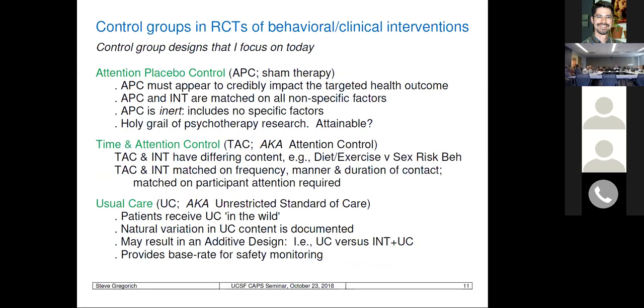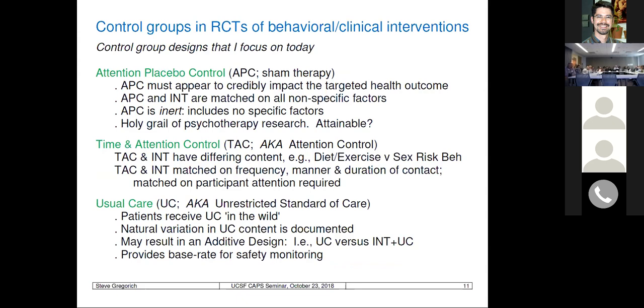It's the holy grail of psychotherapy research. I'm not sure it's attainable. It sounds almost impossible when you're talking about behavioral interventions. If you're doing a procedural kind of thing like acupuncture, you could have sham acupuncture and the patient may not know it. But for something like a talk intervention, I think it's pretty tough. But I do want to bring this up